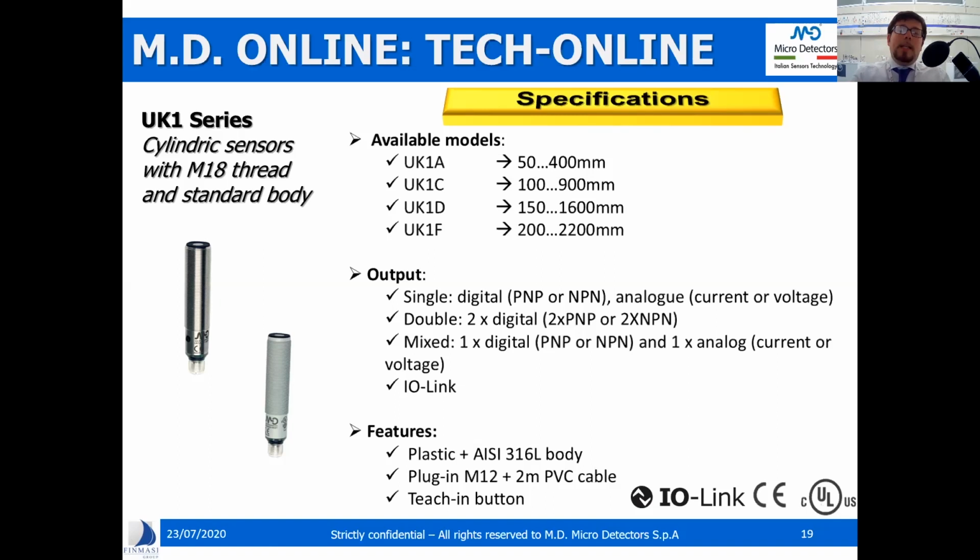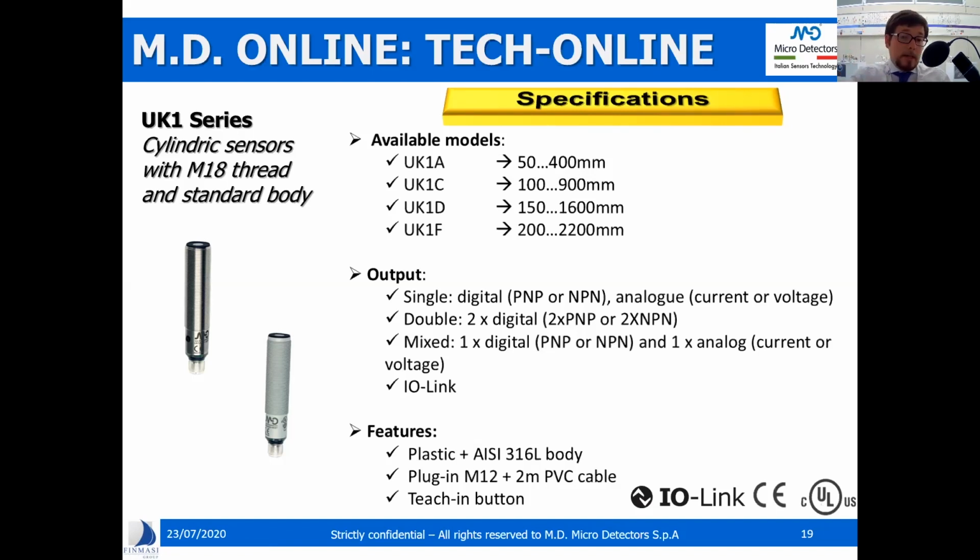As a consequence, we can distinguish among UK1A, UK1C, UK1D, UK1F, which are related respectively to these kind of distances, from 50 to 400 millimeters, from 100 to 900 millimeters, from 150 to 1600 millimeters, from 200 to